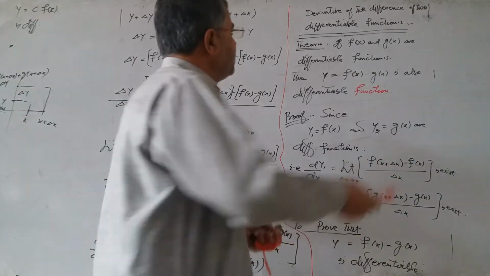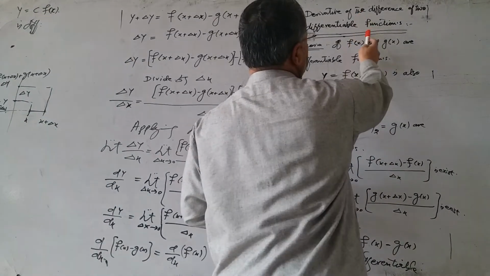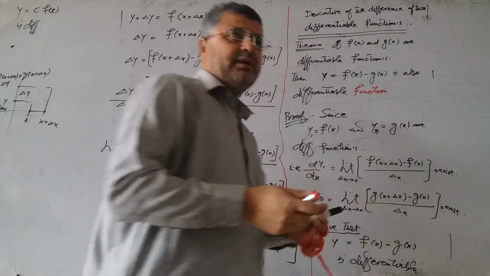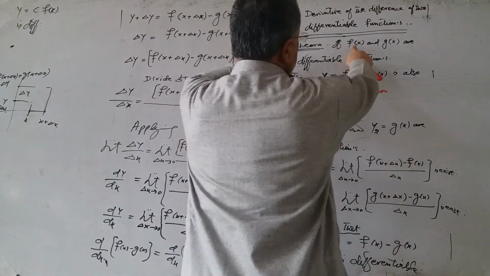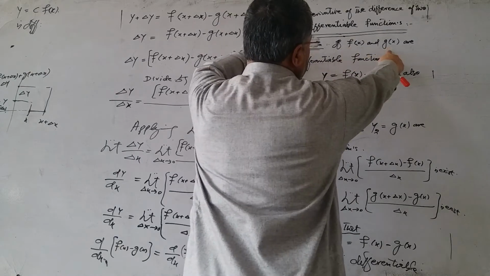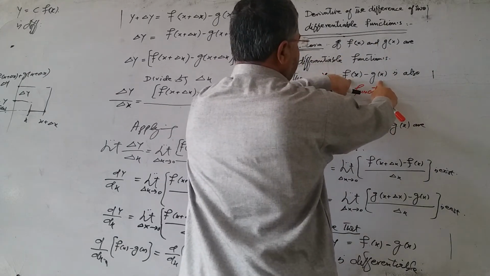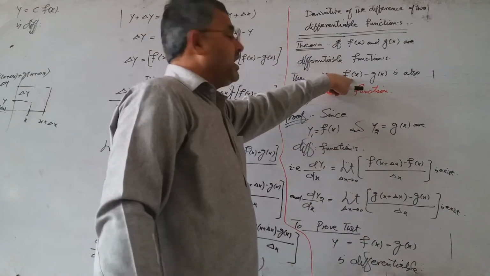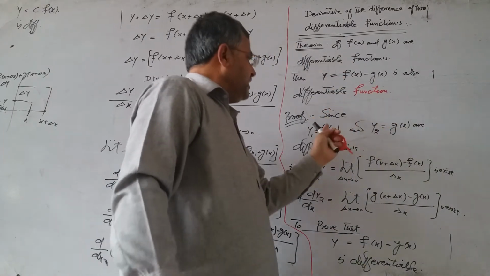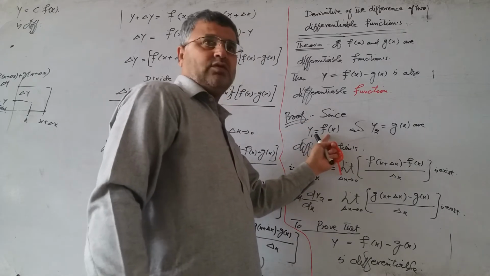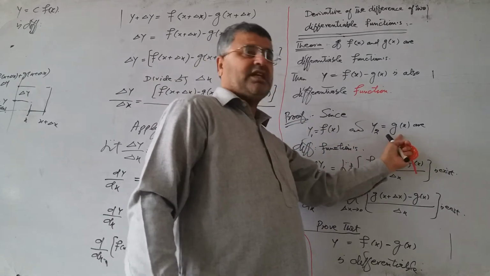Our next topic is that the difference of two differentiable functions is a differentiable function. The statement of this theorem is: if f of x and g of x are two differentiable functions, then the difference of these two functions f of x and g of x is also a differentiable function. Since the functions y1 is equal to f of x and y2 is equal to g of x are differentiable